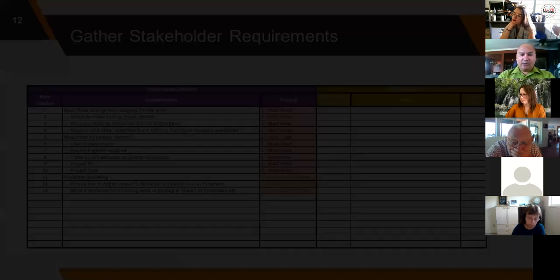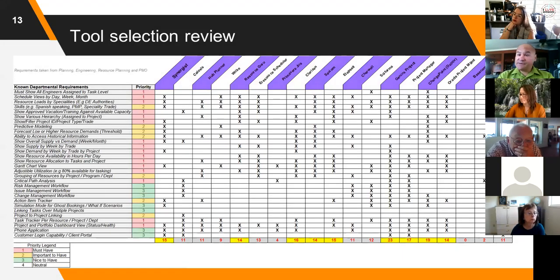Okay. What we would ultimately come up with when we're selecting a tool is each of the departments in priority on the left identifying what it is they want from a tool. Great. Now, based upon their requirements, I looked at 96 different online tools. We'd narrow it down into the tools selected on the right-hand side. We'd identify if the tools met this criteria or not, okay? And in this particular case, 9 of the tools met the criteria.